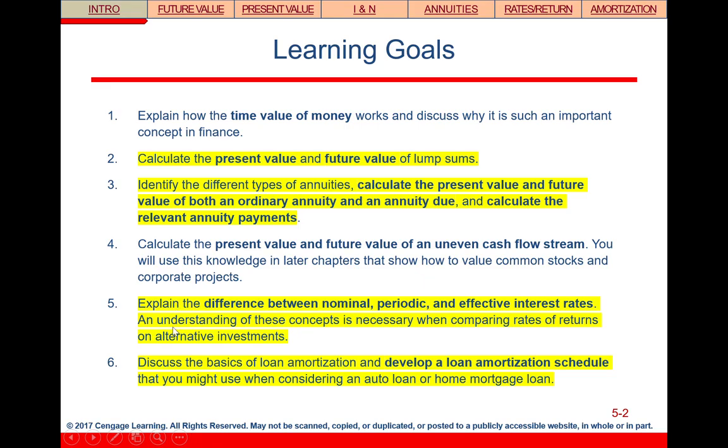The fifth learning goal is to explain the difference between nominal, periodic, and effective interest rates. An understanding of these concepts is necessary when comparing rates of return on alternative investments. There are different types of interest rates, and you should be able to calculate all of them based on the other. And then the sixth one, the last one, is to discuss the basics of loan amortization and develop a loan amortization schedule